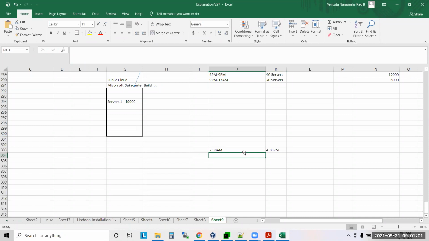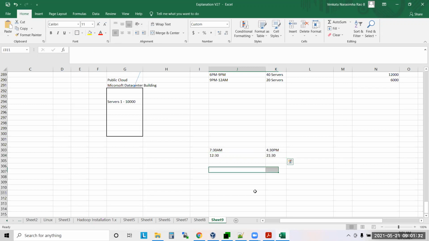And the other shift will log in at 12:30 and they will be there up to 9:30. Understand, sir? So this is how it works.